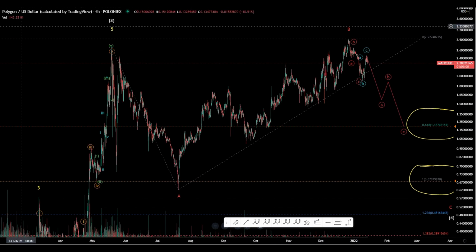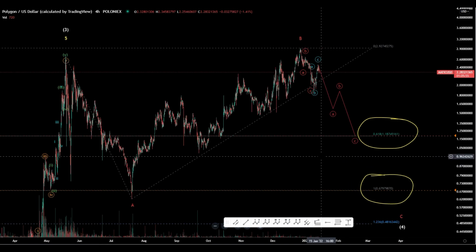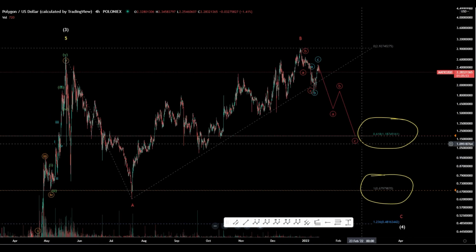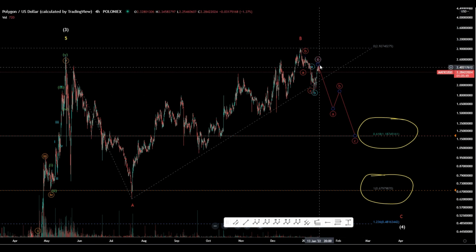And that's pretty much it there, guys. That's MATIC in a nutshell right now. We're just waiting for something to happen. Whether this is a 1 or a B wave, this is simply a counter trend right here, a bull fake, if that's what you want to call it. They happen all the time. Don't get FOMO, guys.